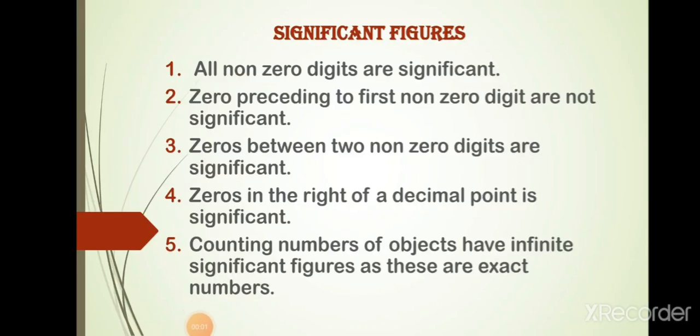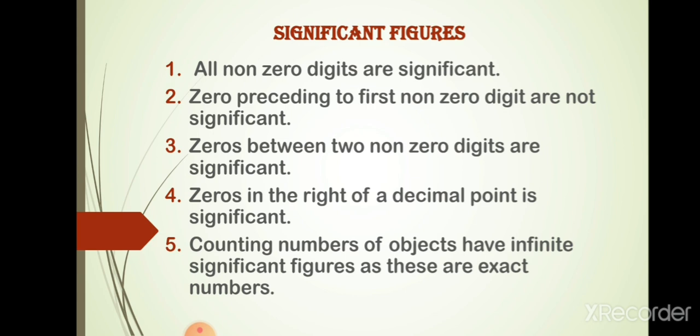In last class, we learned up to scientific notation and precision and accuracy. Now we will move on to significant figures. The uncertainty in the experimental or the calculated values is indicated by mentioning the number of significant figures. There are some rules for determining the significant figures. They are, first rule is all non-zero digits are significant.